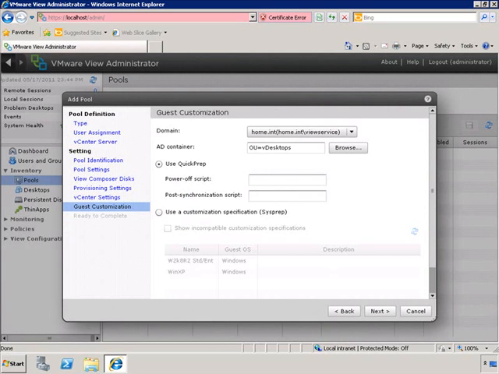For the actual customization process, we can choose whether to use traditional sysprep or use the new QuickPrep that Composer provides to us. When using sysprep, we can choose from one of the vCenter customization specifications. QuickPrep is definitely the quicker of the two options, so we'll stick with that option. When choosing QuickPrep, we can provide a power off script and a post synchronization script to be run on the virtual desktops. These scripts are run from the context of the virtual desktop itself, so it's recommended to either place these scripts on a network share that they can access or inside of the image itself. We have neither of these to define, so we'll go ahead and click Next,